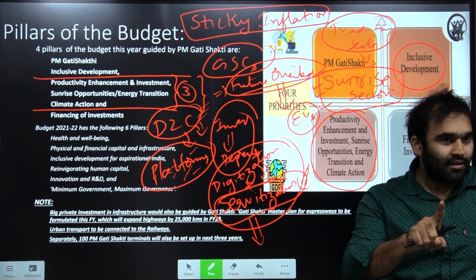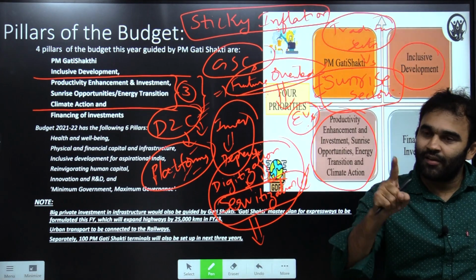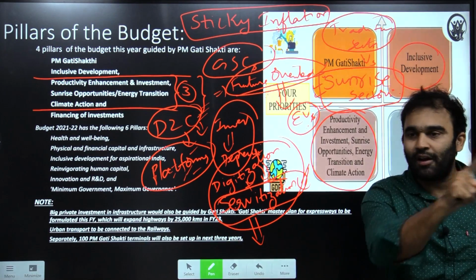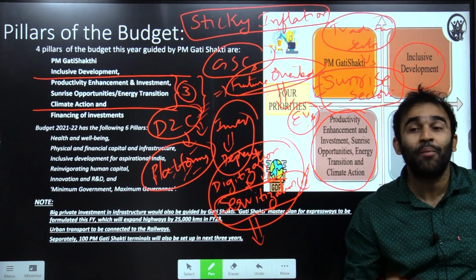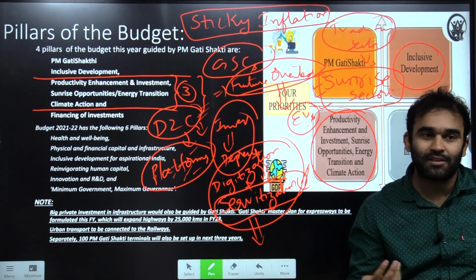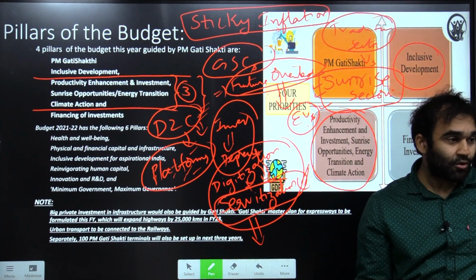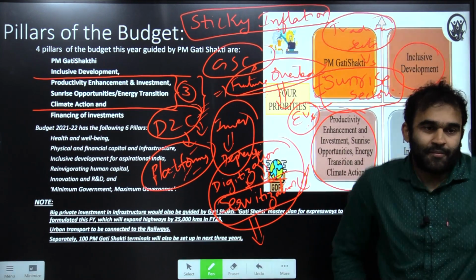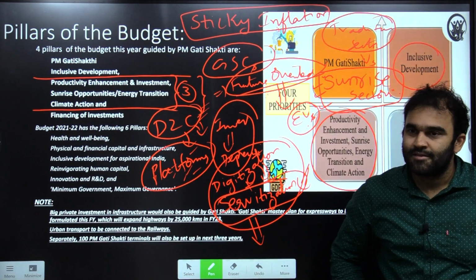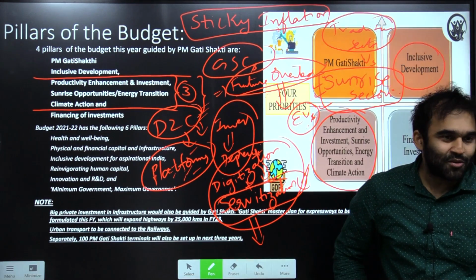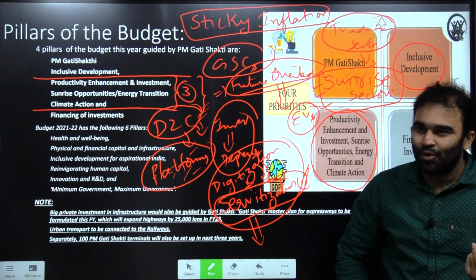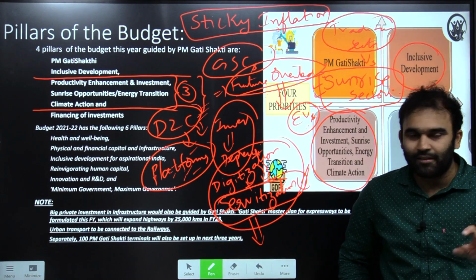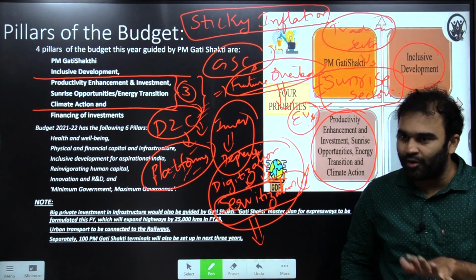How many of us really know that even our electronic imports are equal in value to oil and gold? But how many times have you come across news reports talking about our electronic imports? Our electronic imports are as big as our oil and gold imports, but we don't talk about it. Likewise, climate change is also that kind of an issue that won't sell more, so we are not talking about it. But the creeping, slow impacts of climate change are going to be visible everywhere.